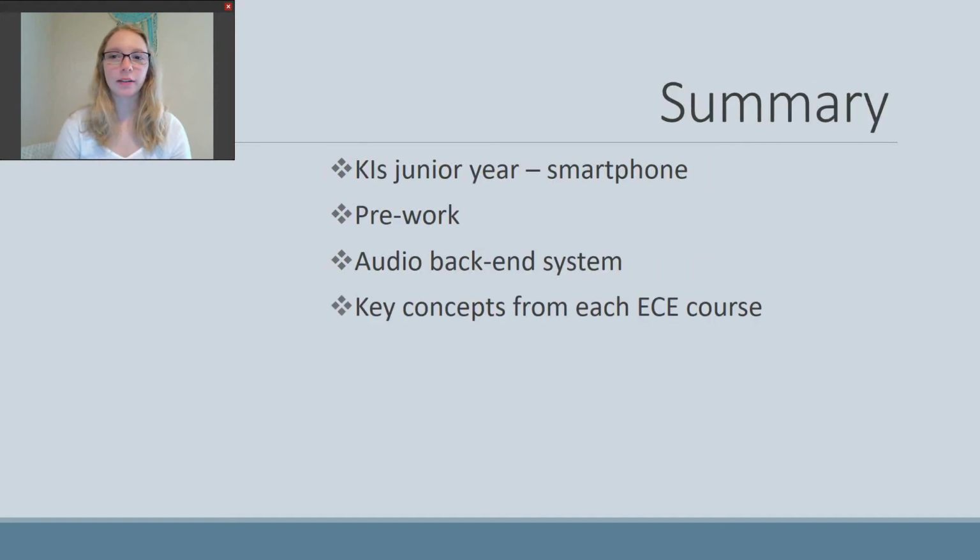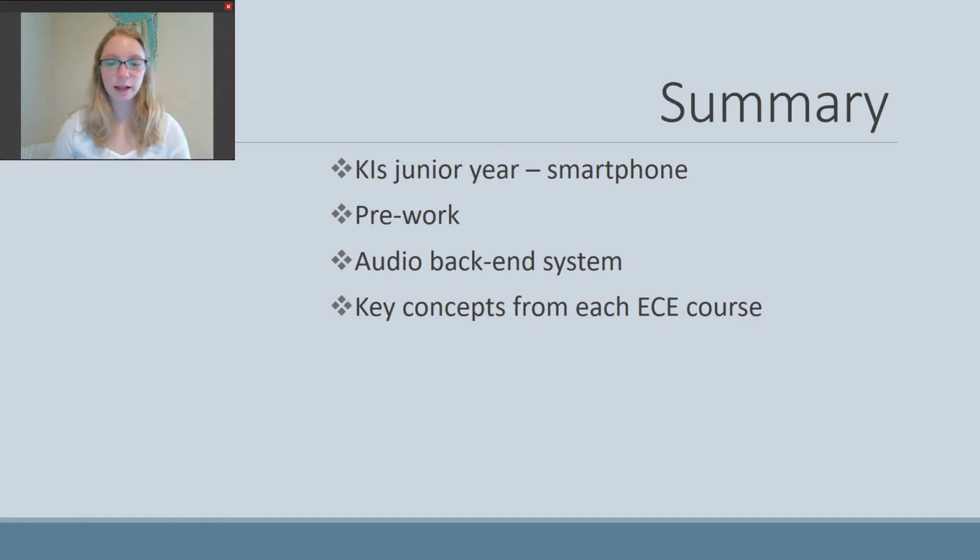A summary of what I'm going to talk about today: the KIs covering the entirety of our junior year in ECE are all about the smartphone. And so for the pre-work for the second KI, it was all about the audio backend system, which I will talk a little bit about in my next slide. And for the pre-work,